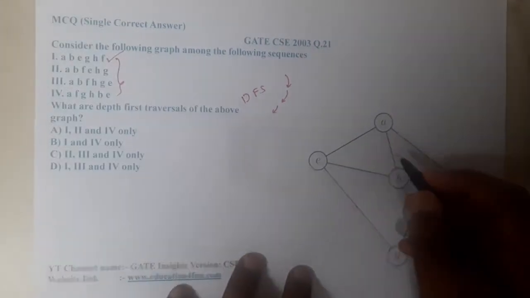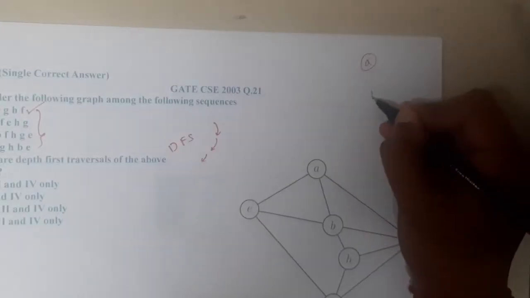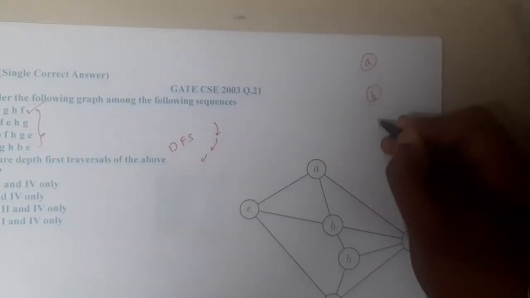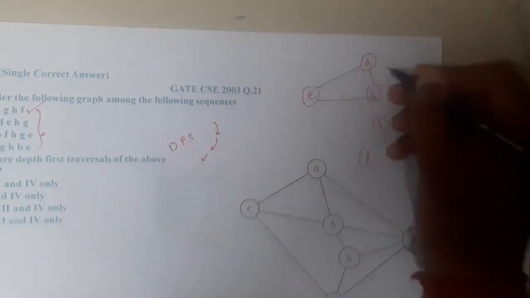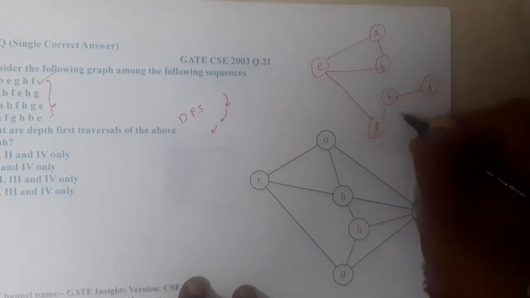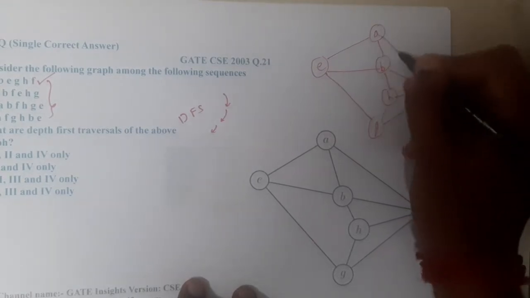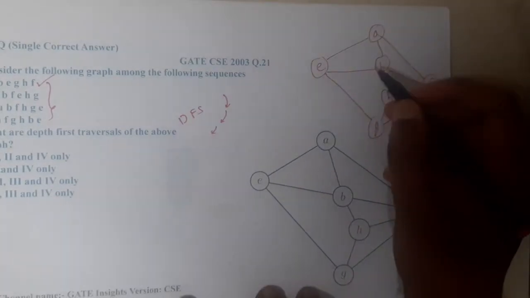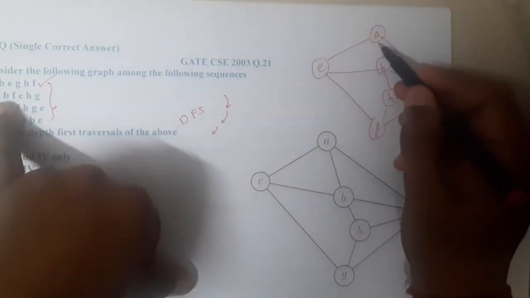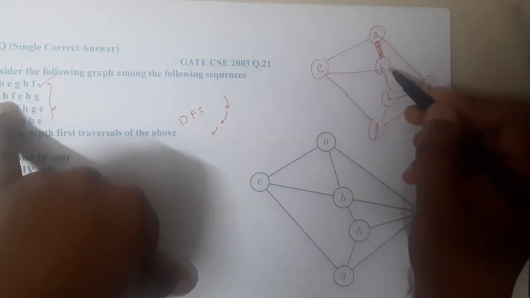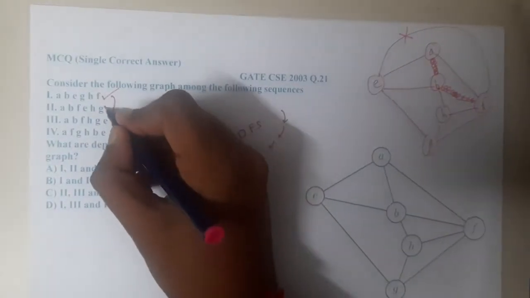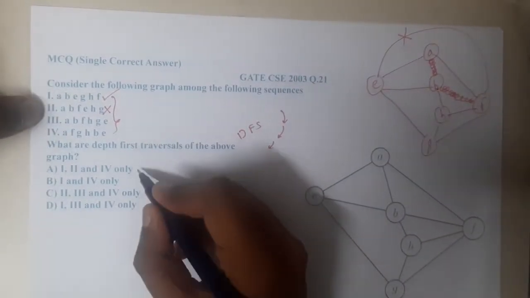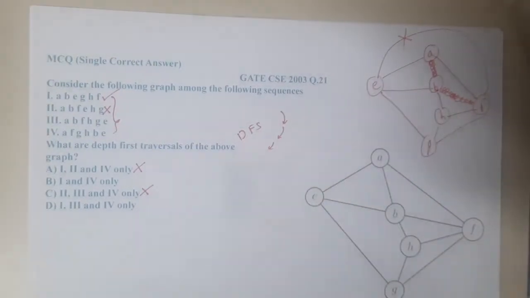Let me draw it for now. A, B, where is the C? C is not there. H, F, G, E. So it's in this way. You will start at A, and you can draw the diagrams for the rest also, it's your wish. From A to B, from B you went to F. From F you came to E, but there is no direct path for E, right? Hence this option is absolutely wrong. So whatever is having 2, those options are wrong, guys. So basically we eliminated 2 options with that.